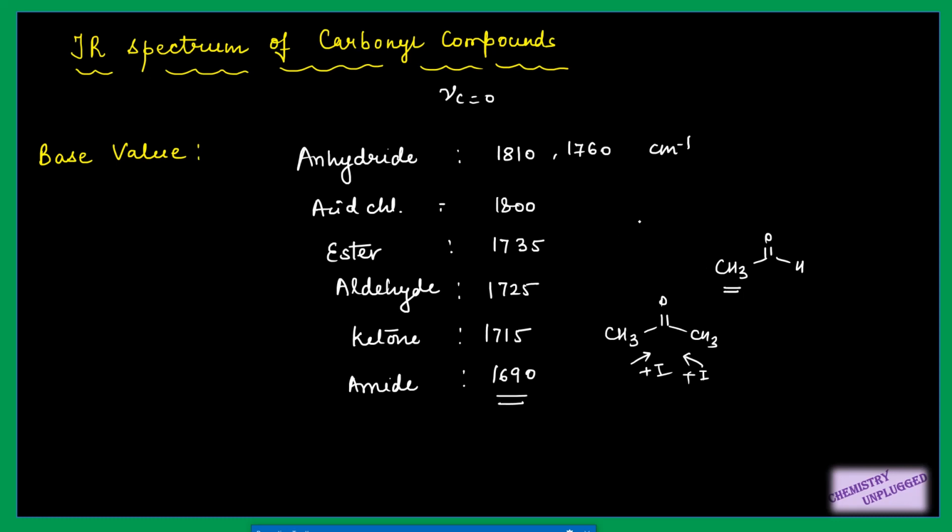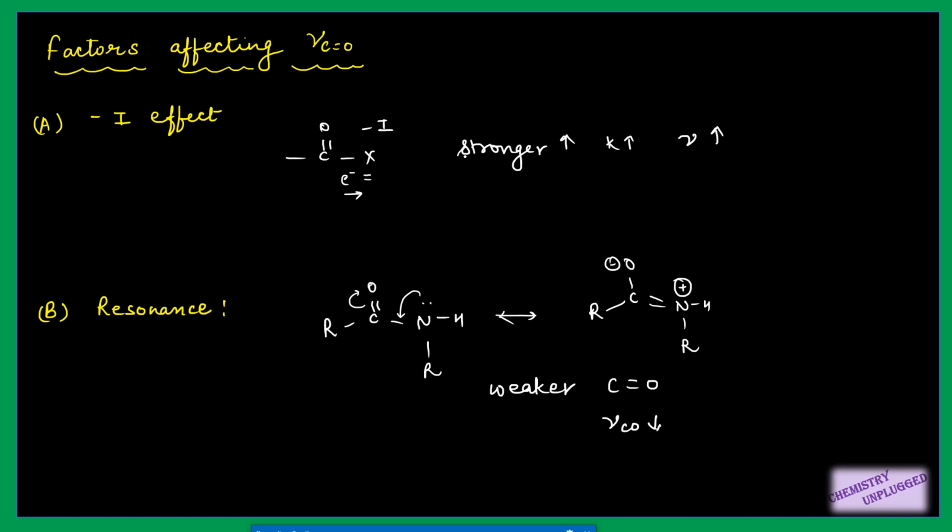In case of esters, I am taking the simplest example. Here, because of this oxygen, it is pulling electron density towards it and making this carbonyl C=O bond stronger in nature. In acid chloride, we have a Cl group attached here. It will also show the minus I effect, making the C=O stronger in nature. In anhydride, again we have oxygen close to C=O, right, which is making it stronger. So this is a very simple thing. We can easily understand the effect of minus I effect, plus I effect, and resonance.